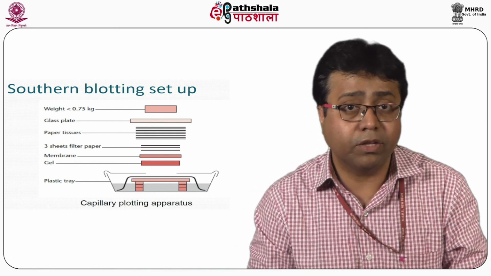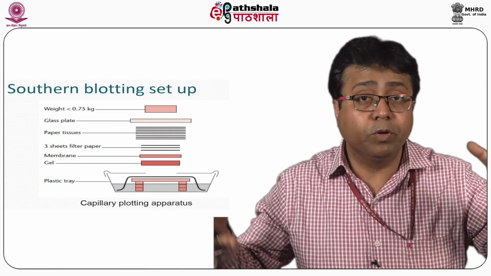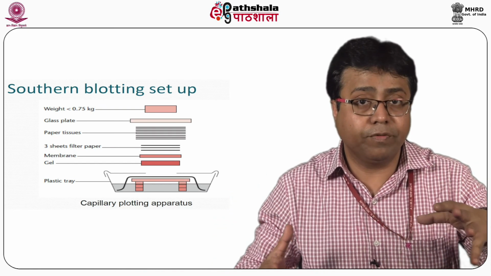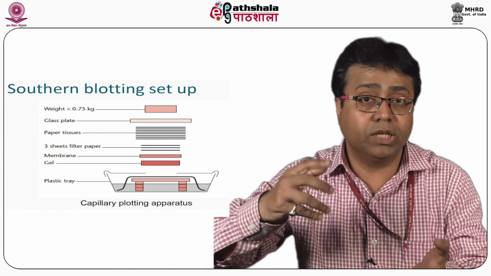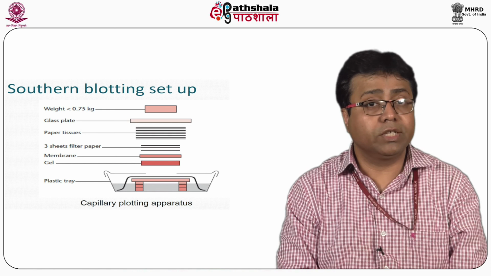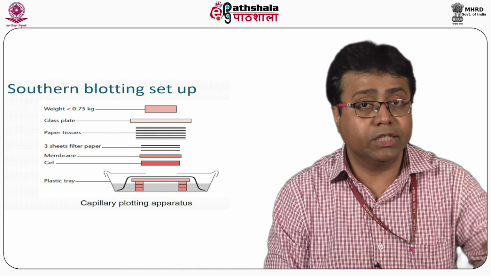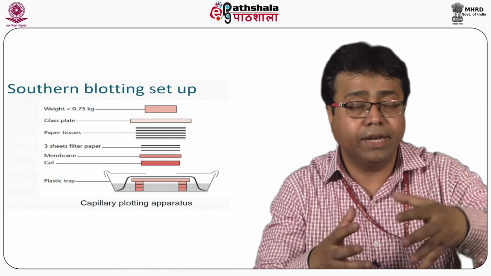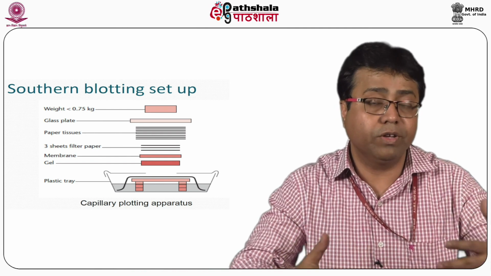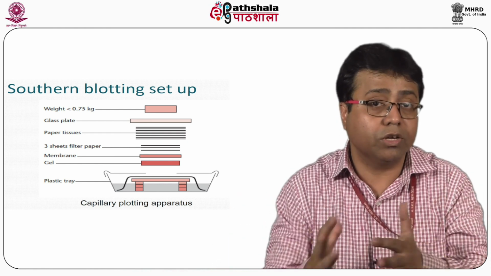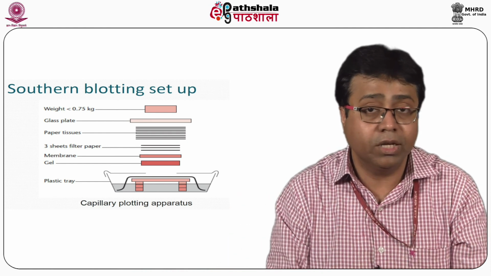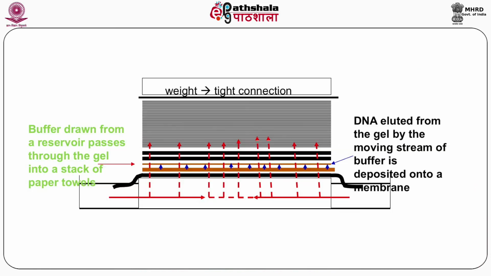I still remember that we used to put big, heavy books on top of it, so that because of the shear pressure, DNA comes out of the gel and moves into the nitrocellulose membrane. Remember, nitrocellulose membranes are positive in charge and the DNA is negative in charge, so this movement is facilitated by electrochemical potential. In addition to that, we put pressure on it, just a shear pressure effect, so that the DNA can be squeezed out of the gel and bind to the nitrocellulose membrane. So this is how it looks, and we are just going to skip the slide because it is pretty much the same as what we have been talking about.